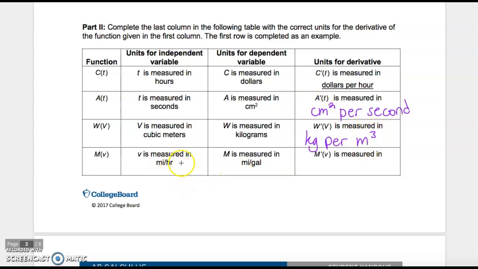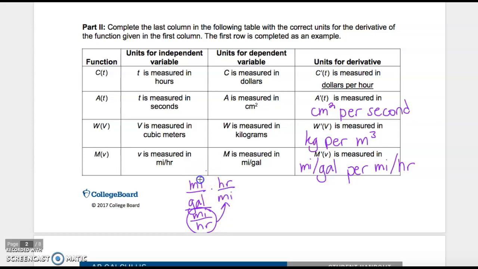And then you run into weird ones like this where you already have rates. So like m of v, v is your independent variable and it's measured in miles per hour. M is measured in miles per gallon. So you could write out that your m prime of v, your derivative, is measured in miles per gallon per miles per hour. Or if you want to get really fancy, and we learned this when dealing with fractions a lot, miles per gallon over miles per hour, flip and multiply,